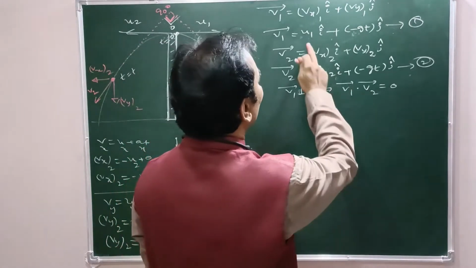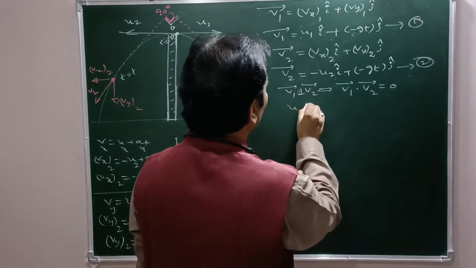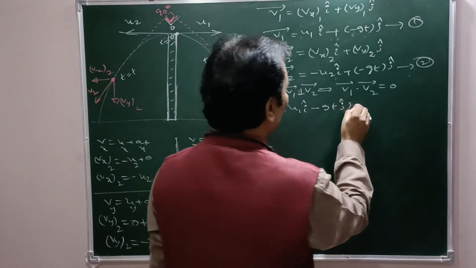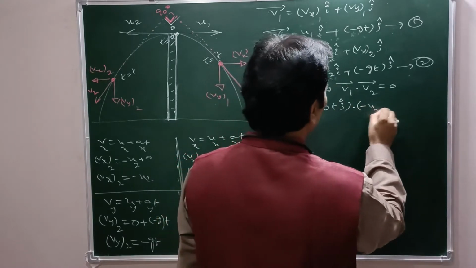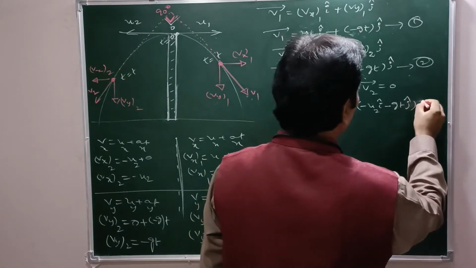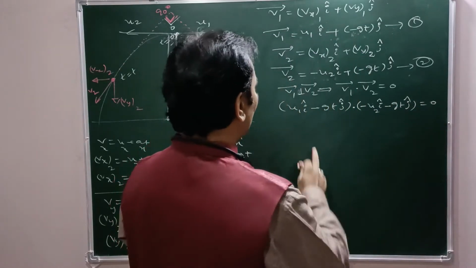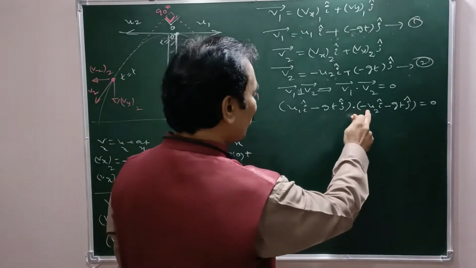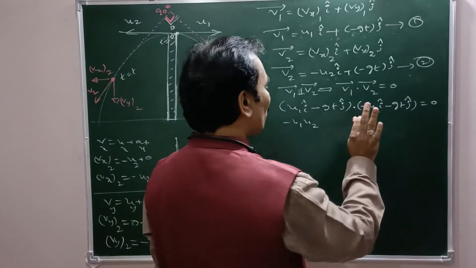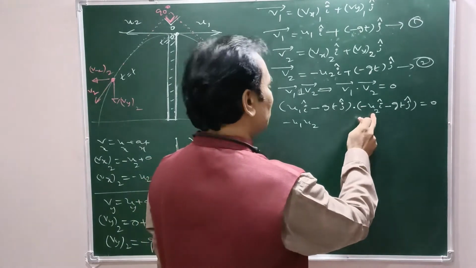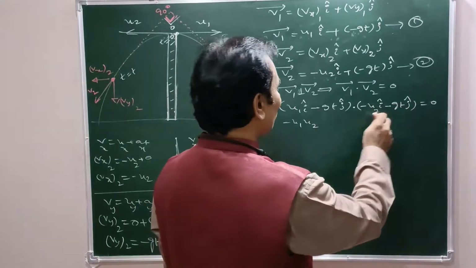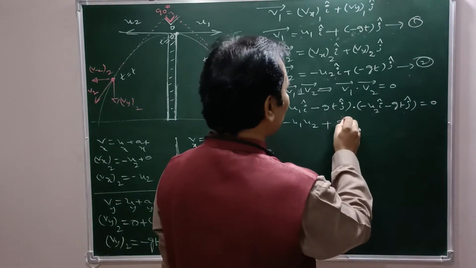So v1 bar dot v2 bar, that is u1 into i cap minus gt into j cap, dot minus u2 i plus or minus gt j, equals 0. Now i dot i is 1, so u1 into minus u2 gives minus u1 u2. i dot j is 0 and j dot i is 0, no need to write. We are left with j dot j, which is 1, that is gt into gt, g t squared,